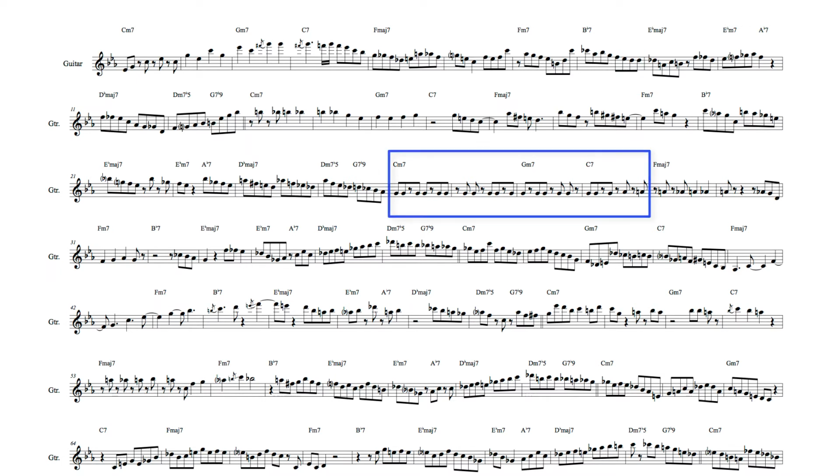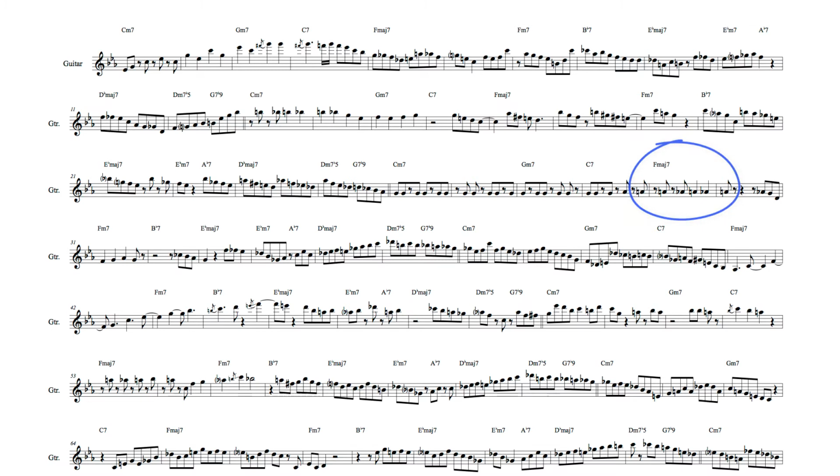Through these bars, Metheny uses a common note idea, the rhythm of which may be heard as a variant of the solo's rhythmic motif. The rhythmic motif is again used as the basis for the semitone idea, which here moves between the major and minor third of this F major 7 harmony.